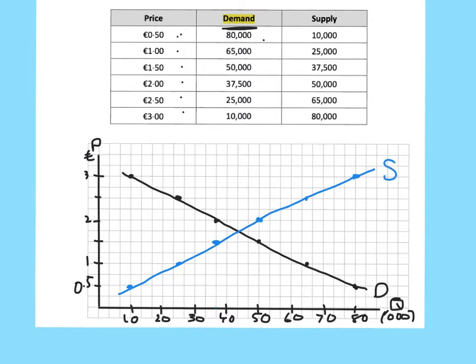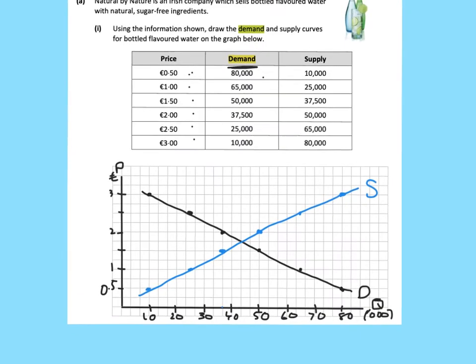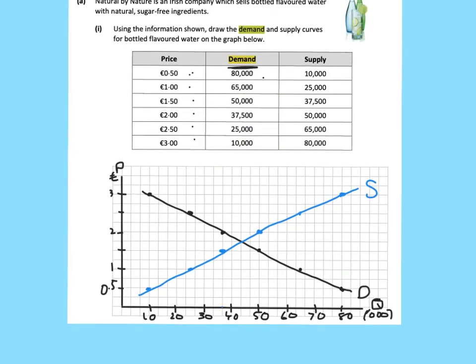And that's your supply curve, okay? So that is your demand and supply, and that's all you had to do. If they then asked you for the equilibrium point, which is what we're going to do today, the equilibrium point will be this point here where they cross, and that would be